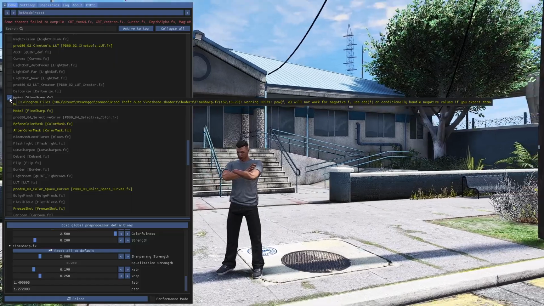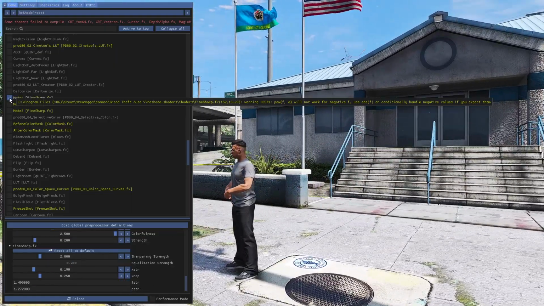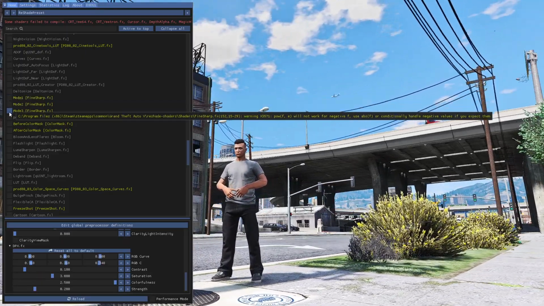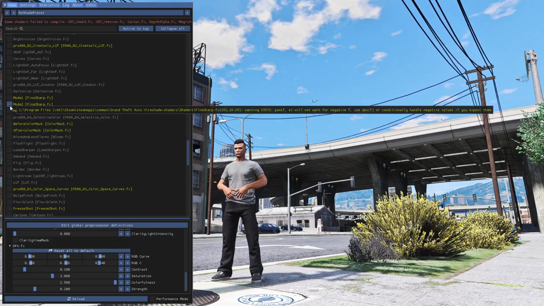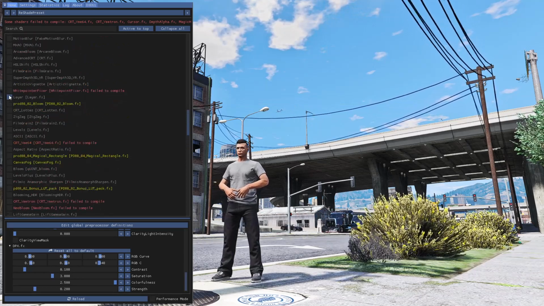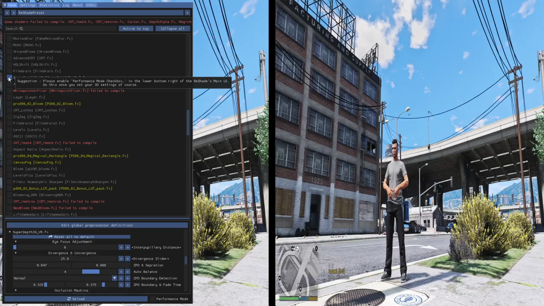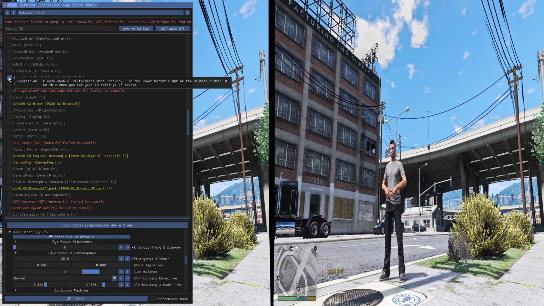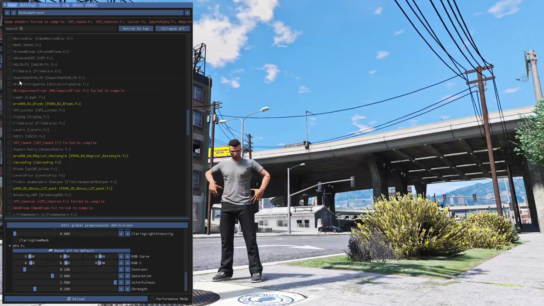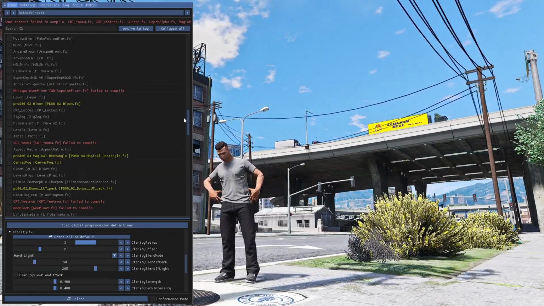Now, some of these sharpen options will give your guy kind of a crater face. You can see his face looks real weird. So some of these will do that, but it's really cool, guys. This ReShade is really cool. You got super depth. Let's see. Sometimes it'll freeze, but it'll just, oh yeah. That's if you want to create a VR video. I mean, how cool is that, you know? So, you know, go through this and just select some different ones until you get the right feel of what